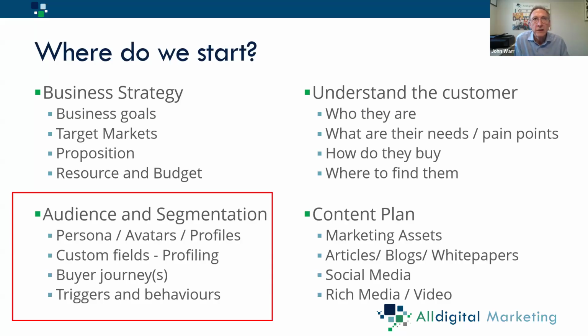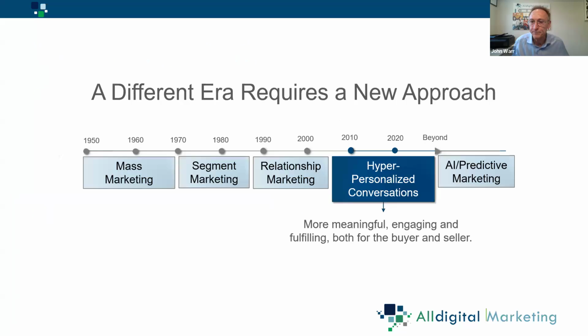The other thing you also need to do is that ultimately what you want to do is to understand the customer journey. How do they go through the buy journey? And as they go along the buy journey, what you need to do is to understand what the triggers are that take them to the next stage, what their behaviors are, which betray where they are at different points in the buyer journey. And then what you need to do is to think about how can you capture those points. And quite commonly, we do something called custom fields. So you would set up a series of custom fields within your system so you could clearly profile people so you know where they are in the business journey, what they need to know in order to get to the next stage in the journey and ultimately convert.